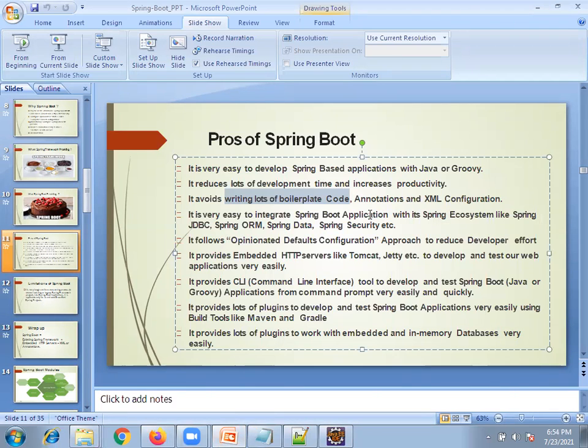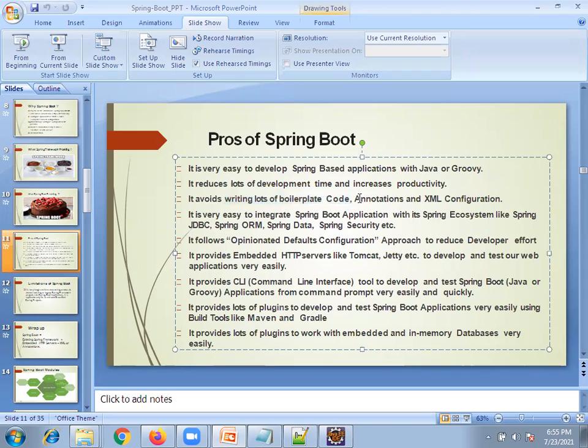Let us assume you are going to develop one JDBC program. You need to read the data from the service and convert it to a bean or POJO. Then we need to set that POJO into SQL understandable language. So just to write one query, you write a lot of boilerplate code, right?